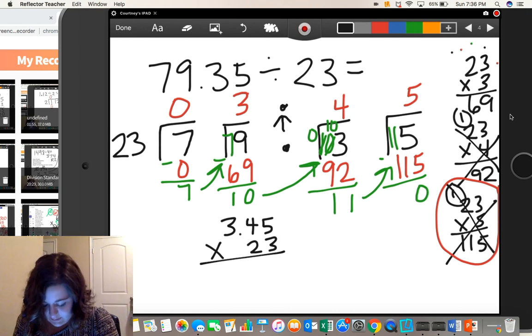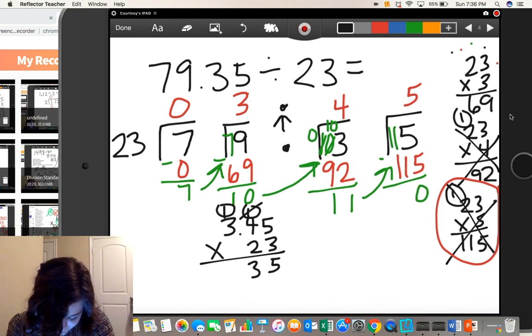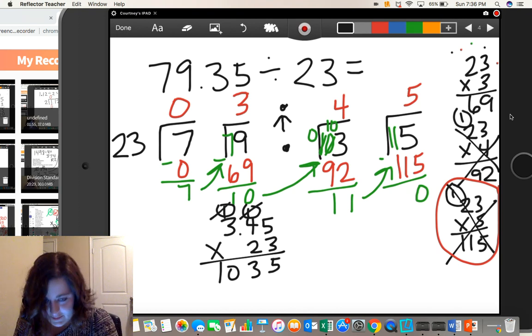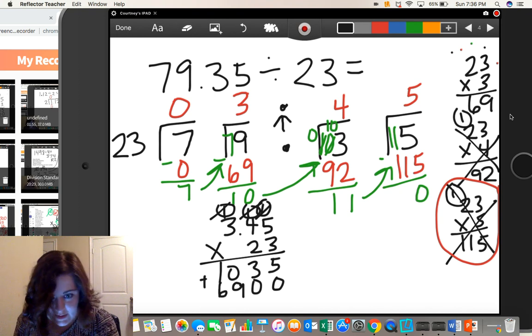3 times 5 is 15. 4 times 3 is 12, plus 1 is 13. 3 times 3 is 9, plus 1 is 10. I'm on my second row, so I have to add a 0. 5 times 2 is 10. 4 times 2 is 8, plus 1 is 9. 2 times 3 is 6. If I add my two rows together,